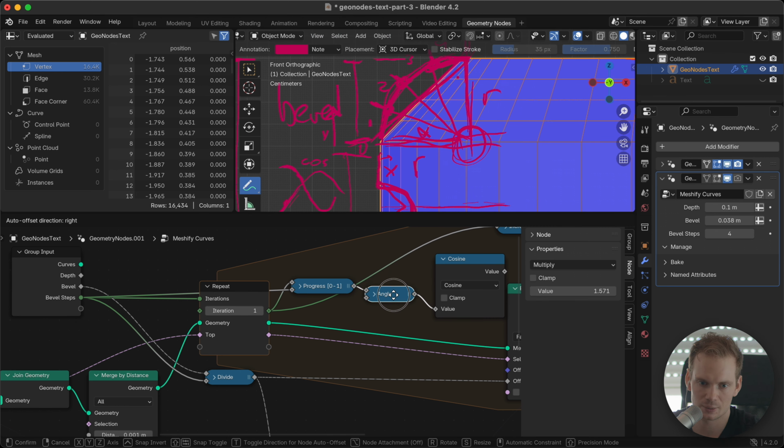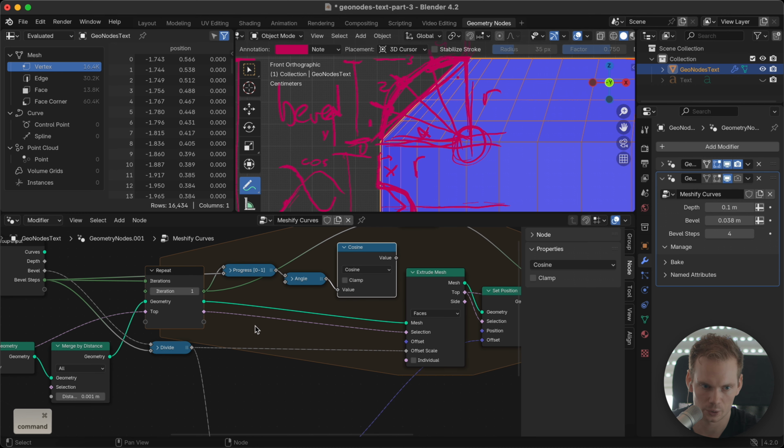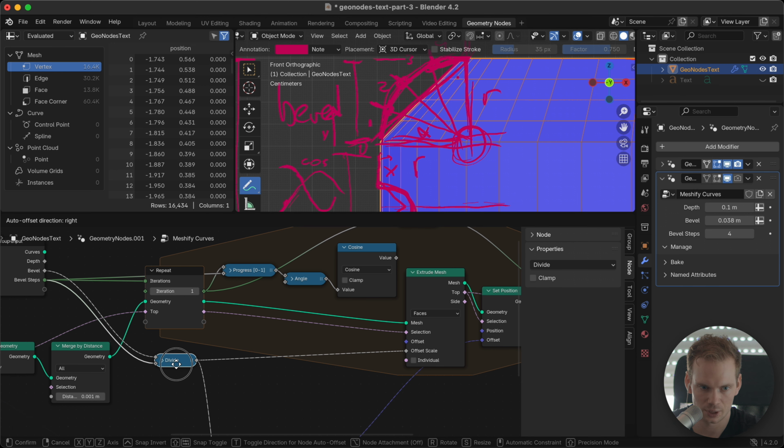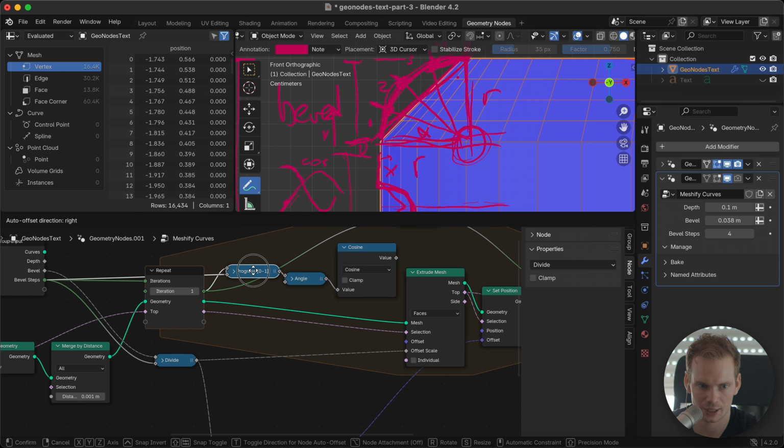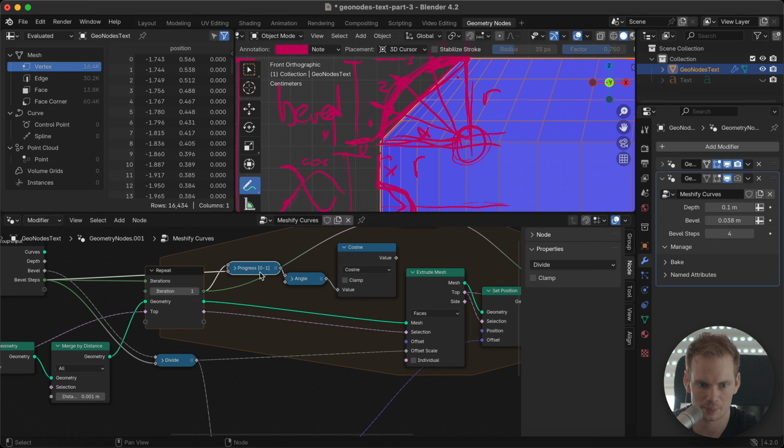So we take our angle, we take the cosine to get the x value, but we also have to multiply by our radius, which is our bevel. So let's take the bevel, and that's going to be our total bevel. I was going to say, do we have to divide by the number of steps? But no, our radius doesn't change if we increase the number of steps, because that's what we handle with this angle. And here we are kind of dividing by this bevel steps. So we don't need this anymore. We just need the bevel, which is the radius, and we need to multiply the cosine with that radius.